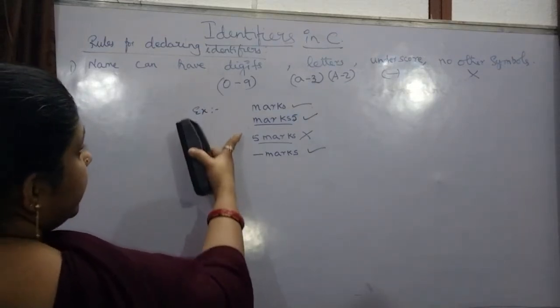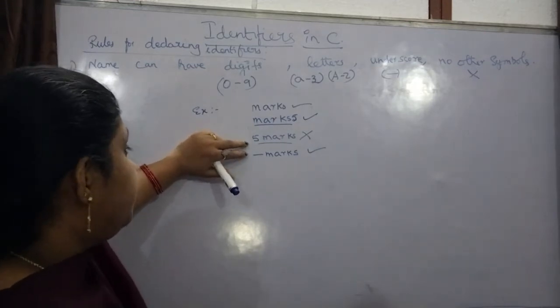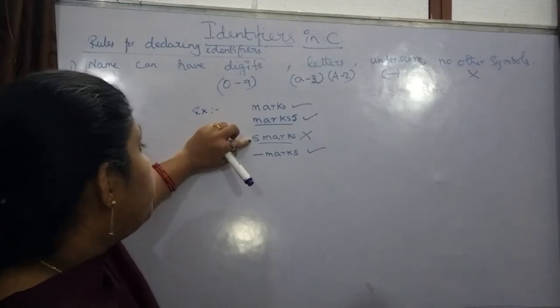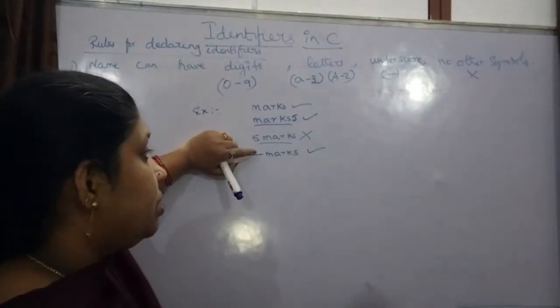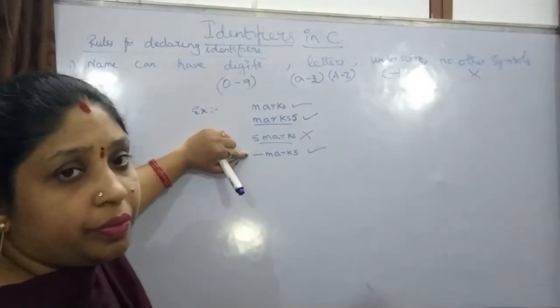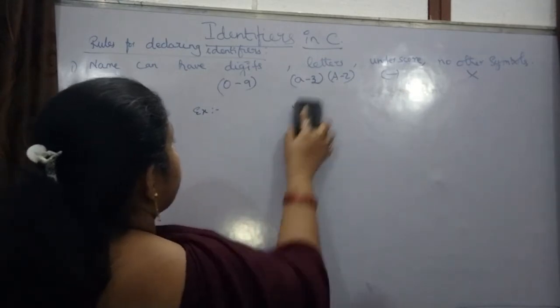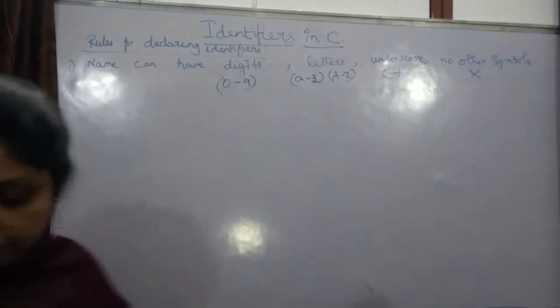identifier. So the starting letter, the name of the identifier, you should start with letters and not with digits. Digits you cannot start with, and you can start with underscore also. Okay, so this is the example for identifier. Next,